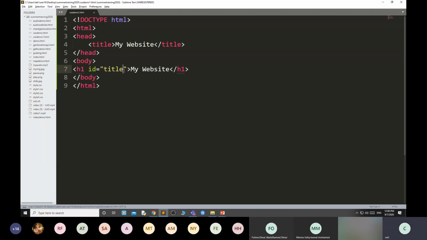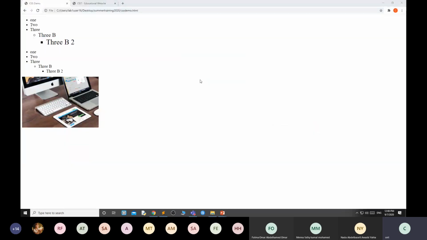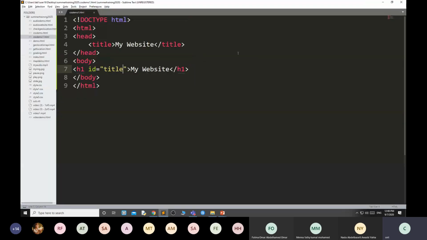Now first I want to give the background property to the body. Let me run this first.